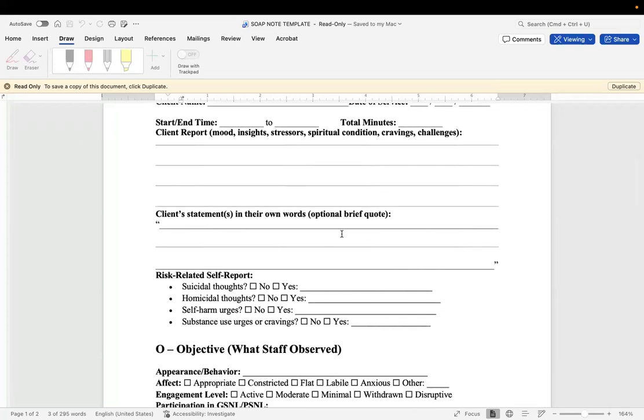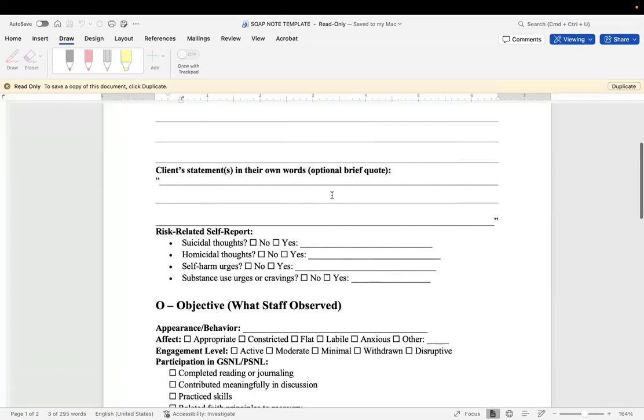Client statements, I love God, and I know He's taking care of the situation with my family, but I do miss not getting to see my family this weekend. That'd be a great statement right there. So it's acknowledging God's authority, but at the same time, it's acknowledging that she's missing that, and that's a stressor, and it prompts us to go, okay, what about family therapy? What about group therapy? What about talking to the family to see what's going on? Making sure that everybody's insight is accurate, because maybe the family has one idea and Kate's reporting something else, whatever the case may be.